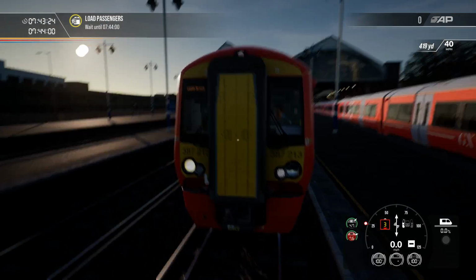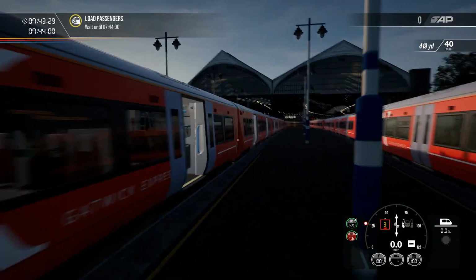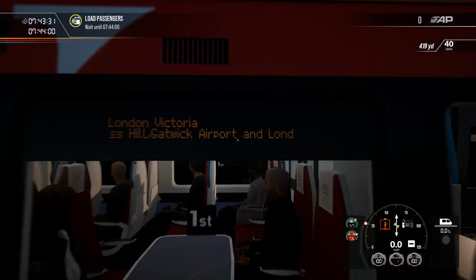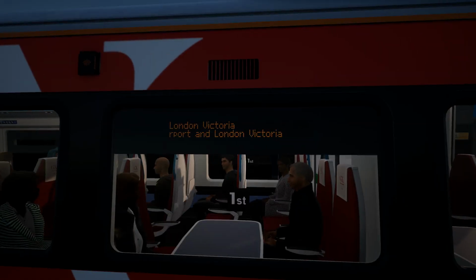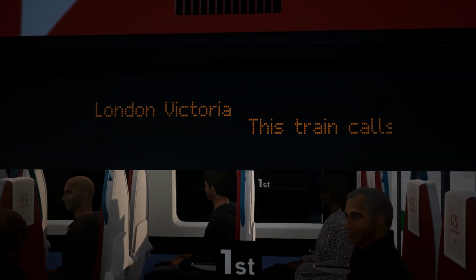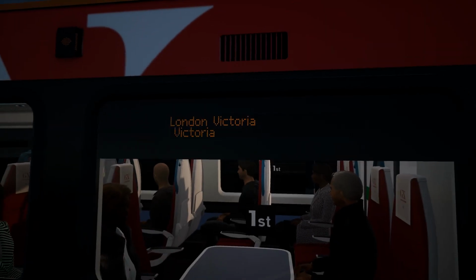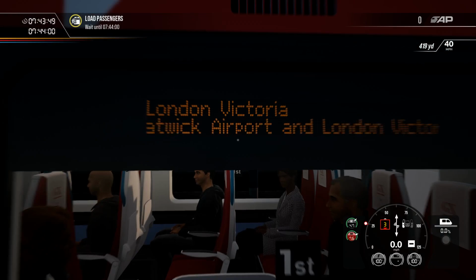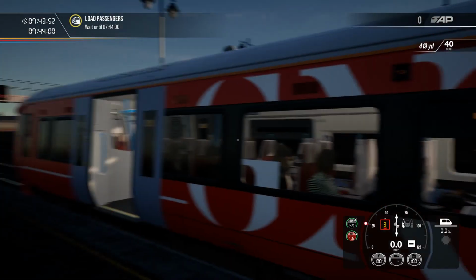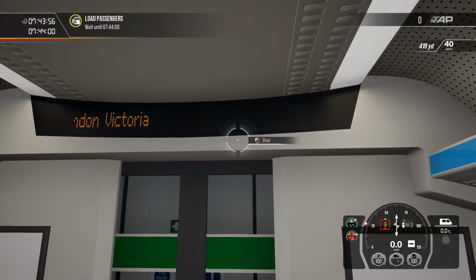Right, headlights are on. London Victoria is our destination. And if we come down here, you'll notice it actually reads, this train calls at Hassocks, Burgess Hill, Gatwick Airport and London Victoria. Now there's one thing I can see, and that's that there's no space between each word. It might be a bit fast maybe, but the bigger problem here, I think, is that there's no space between each word. If we go up here, it also does it up here as well. Anyway,